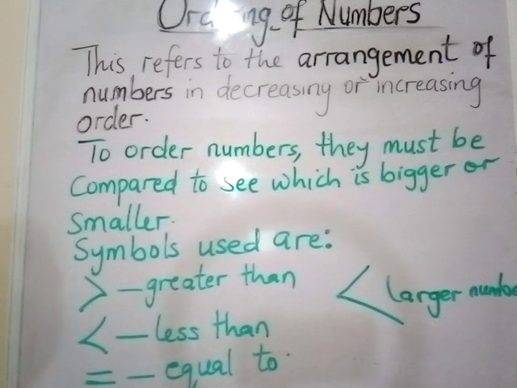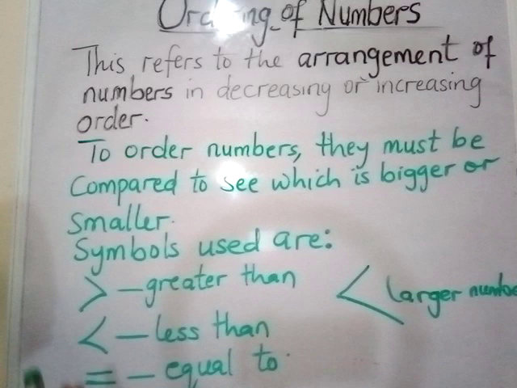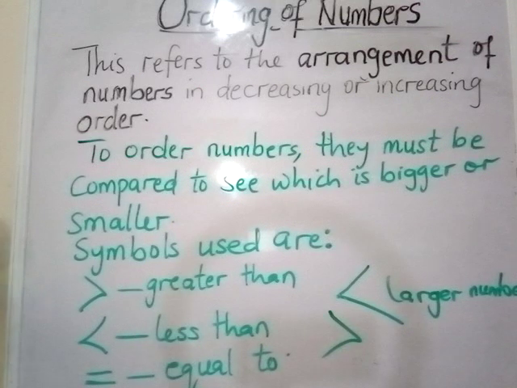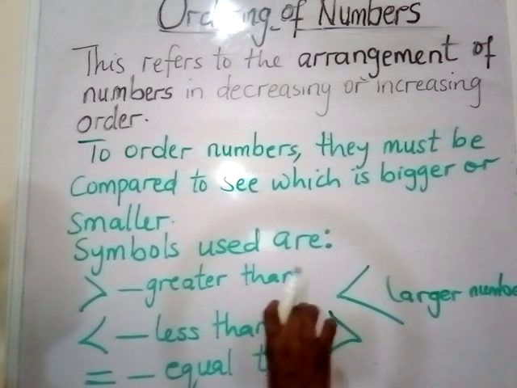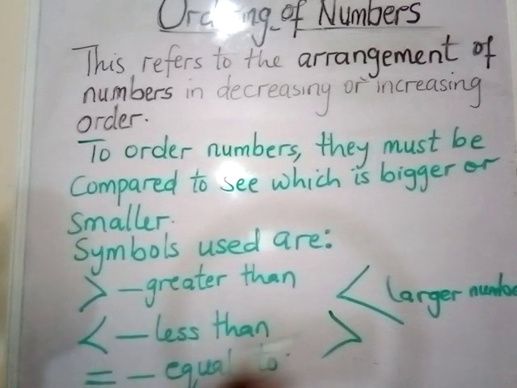Remember, this sign is just inverted, it is the same thing. There are no permanent positions, it just depends on how you use them. Whether you're facing it to the right or to the left, what matters is that the opened end is facing the larger number